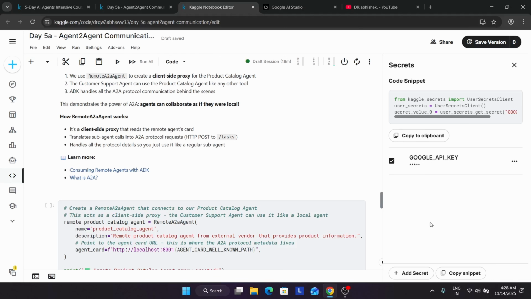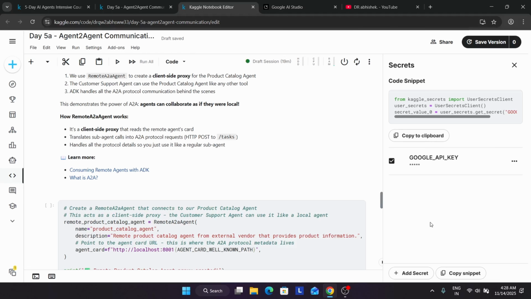Basically, if you want to contact your friend who is living far away, you have to call them and interact with them, and if you want to interact with them again, you have to call them again. So a lot of manual work is required every time, because they are remote. The solution is the remote A2A agent. It's like an assistant, or in simple words, a proxy friend.